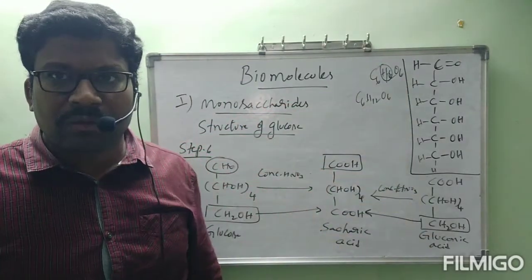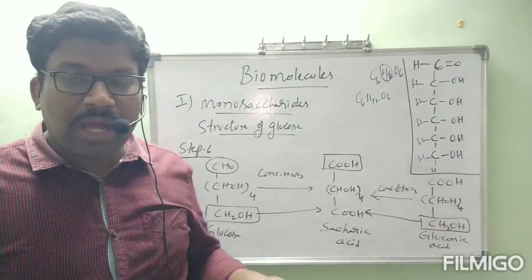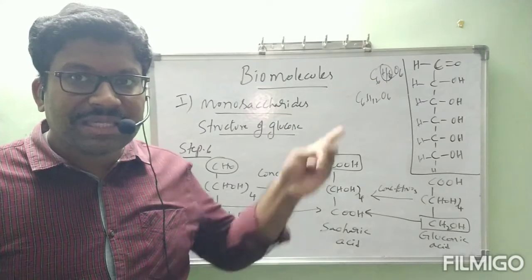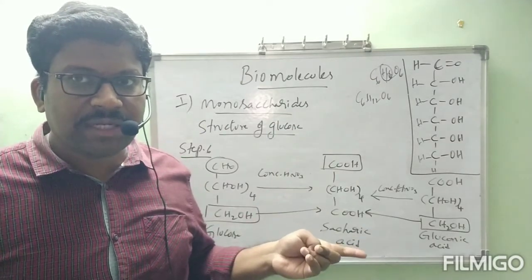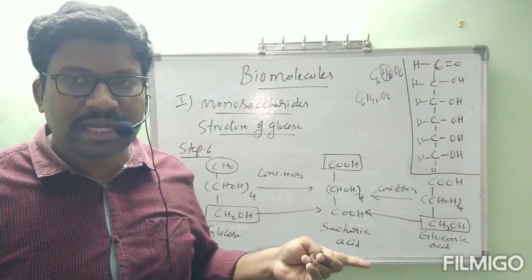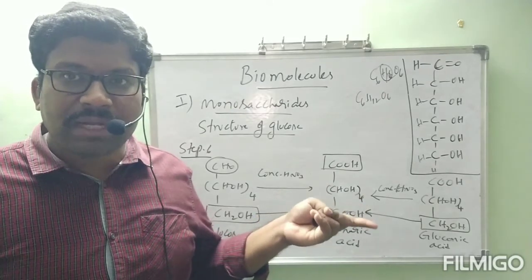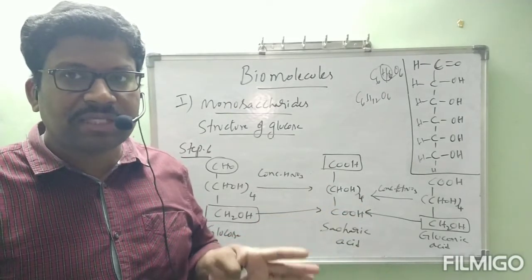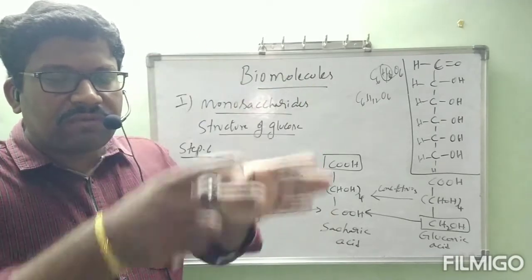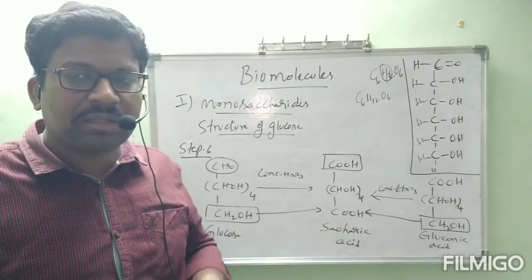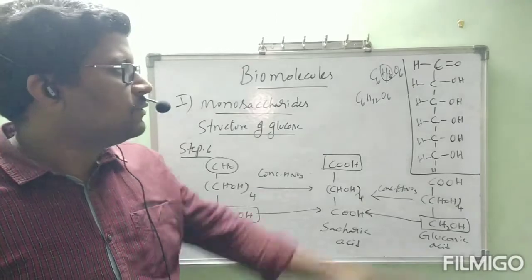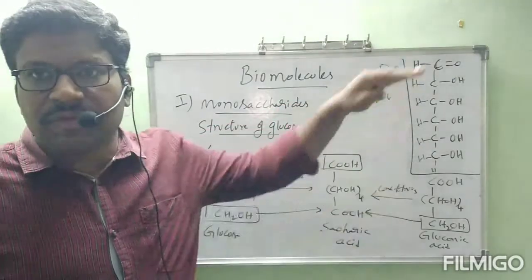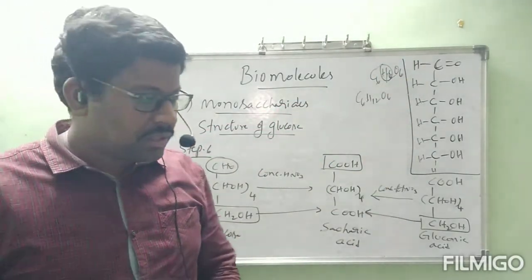Not only this one, we have to go through optical activity, because carbohydrates are optically active compounds. Is it correct? Now, depending on that optical activity, we are going to fix the structure of glucose in a particular way only. That one I am going to explain now. Till now, we got the small basic thing. Are you clear?